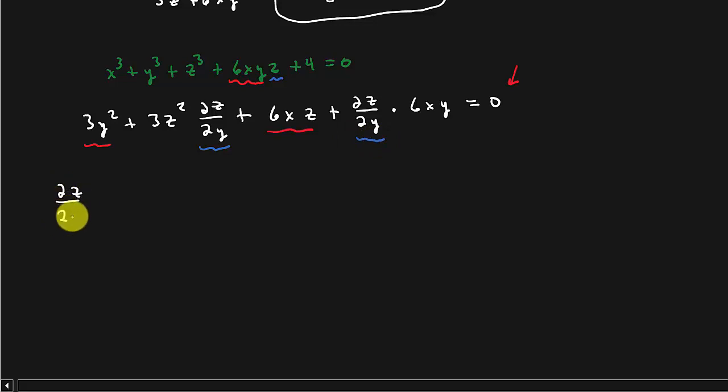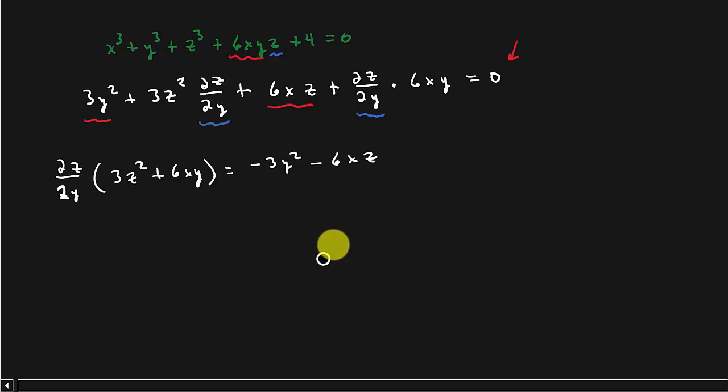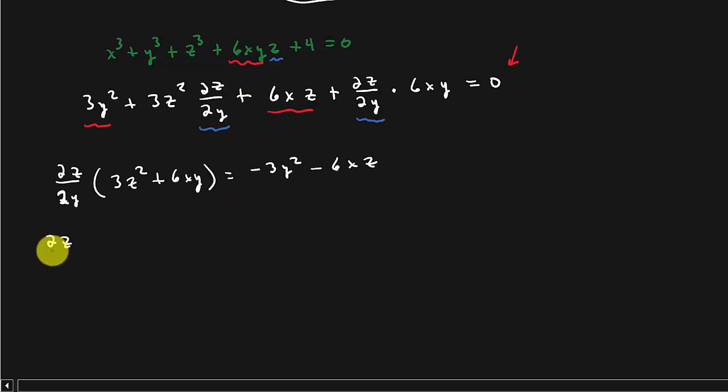So partial z with respect to y times 3z squared plus 6xy is equal to negative 3y squared minus 6xz, and then divide both sides. So partial z with respect to y is equal to negative 3y squared minus 6xz over